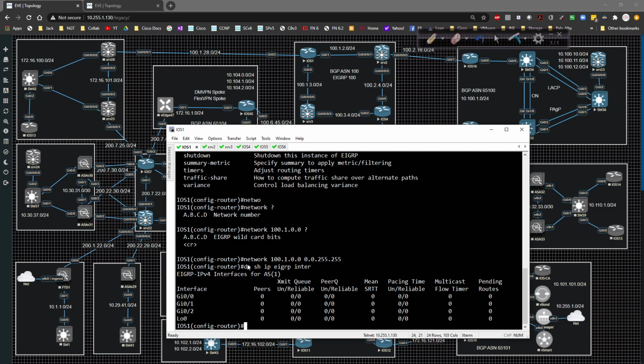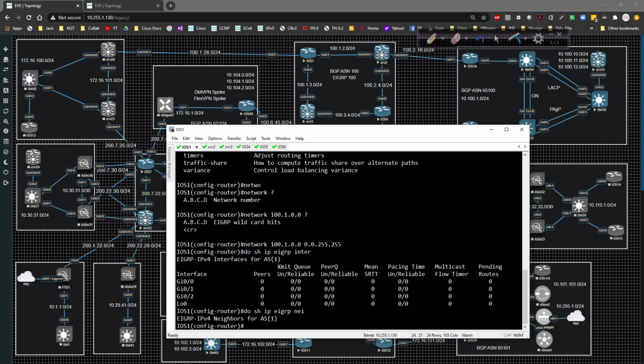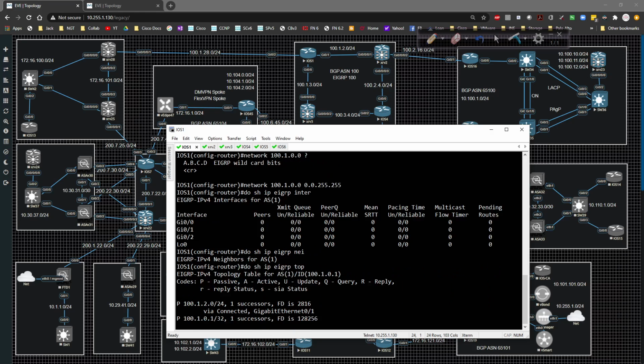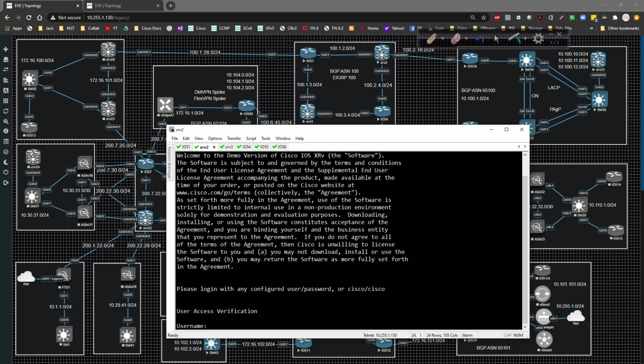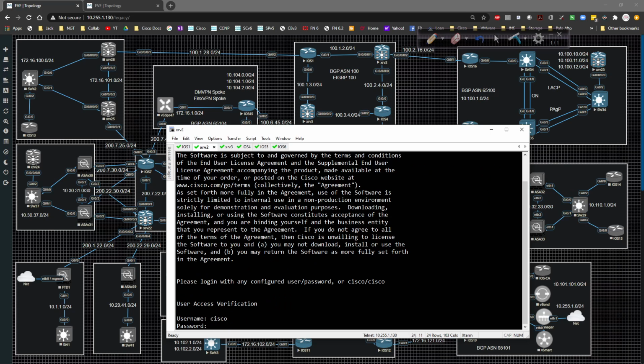But if we come over here and type in do show IP EIGRP neighbors, we don't have any neighbors. And if we look at the topology, all we have is our connected links in the EIGRP database, or I should say the EIGRP table. So what I need to do now is come over to XR2. I'm going to go ahead and log into this guy, Cisco,